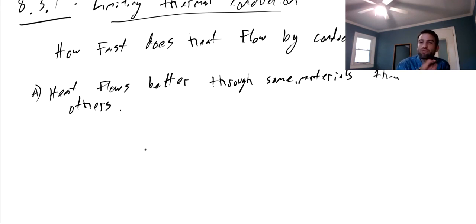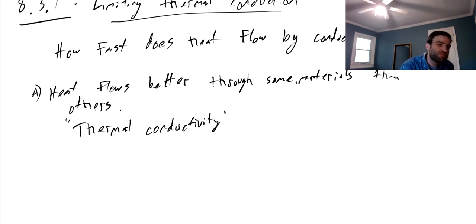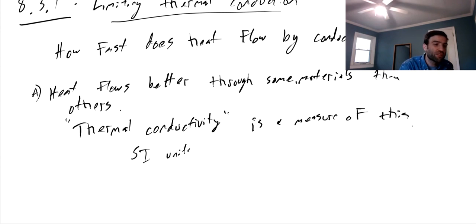And this kind of property of how well heat flows through a material is sometimes called the thermal conductivity. Thermal conductivity is a measure of this. And it has SI units of watts per meter per Kelvin. Right, so how much thermal energy flows through a distance